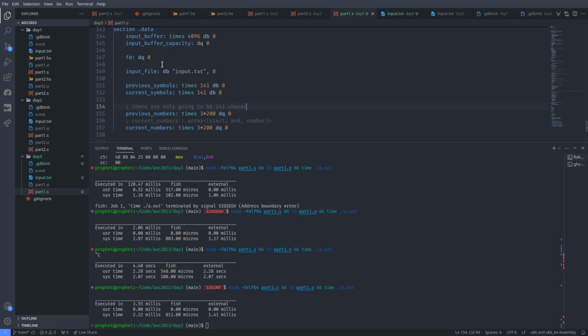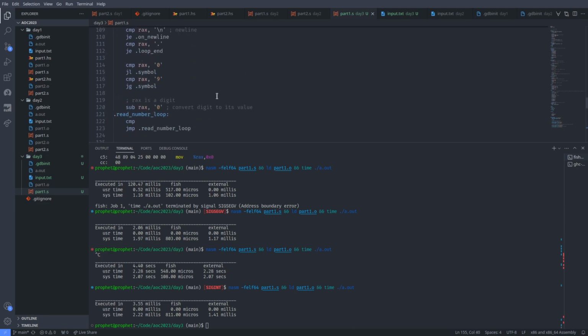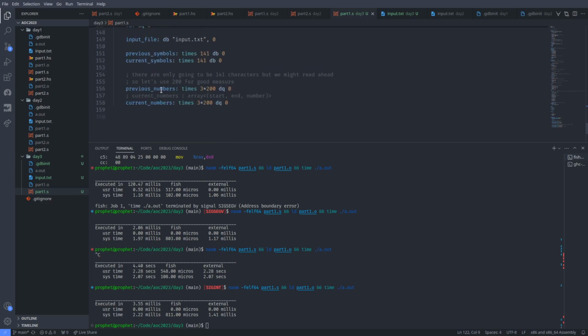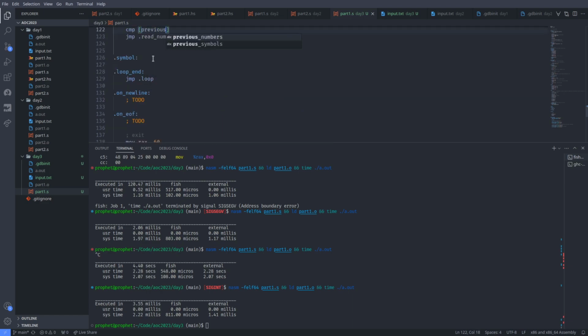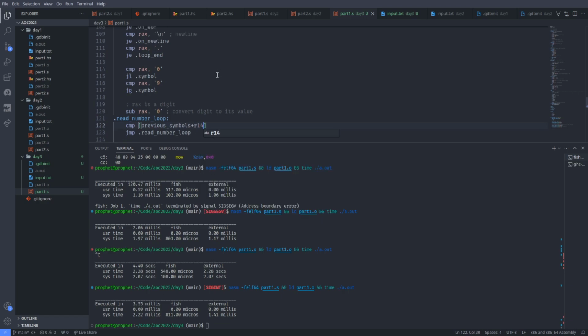Get 1 character. This is 200 for the letter. Okay. Right. So we are reading numbers. We need to check the one before. So if, what's that one? Previous symbols. Previous symbols plus R14 minus 1. I think I can do that. If that one is a 1,